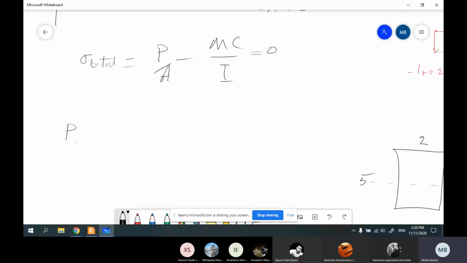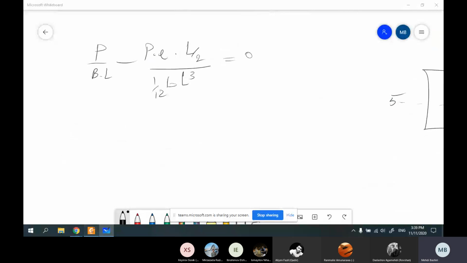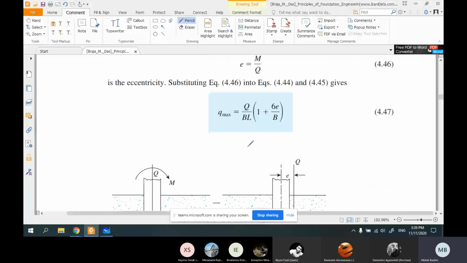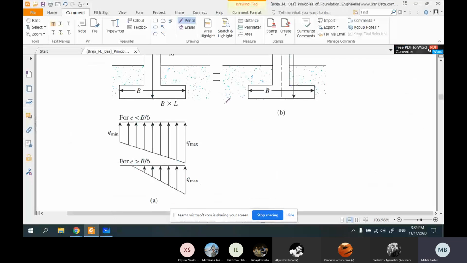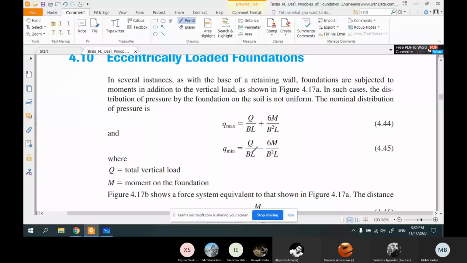So how can we find e from this equation? P over A, what is A? That's B times L, minus, what was M? P times e. What was C? Remember that? L over 2, for example, or B over 2, divided by I, 1 over 12 B L cubed. If this one is 0, and you solve this equation, you'll see the maximum value of e is, let me find it,